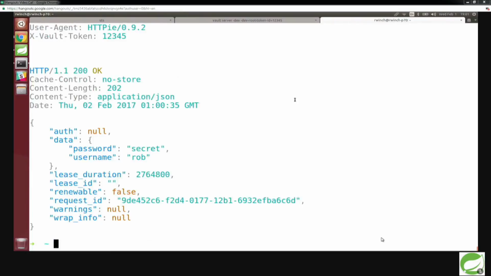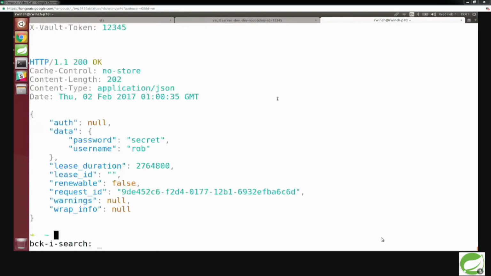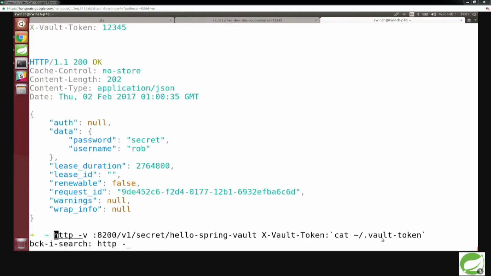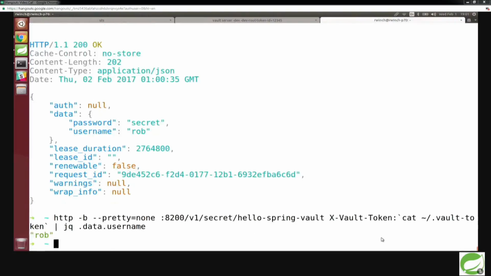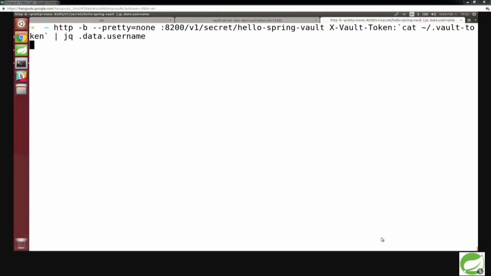And you can also do other cool stuff with this. So for example, oops, that might not be visible, so we'll do that. Here I'm using jq. Anyone heard of jq? Awesome, lots of hands. So jq is basically a way of parsing JSON from the command line. I'm just piping it to jq, and I'm selecting the username from the data response. So this is an easy way for you to script things if you're needing to do some scripting with Vault.